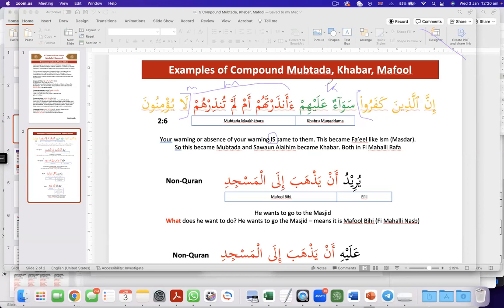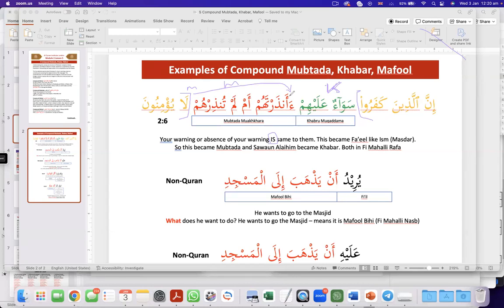This has been with you for a long time, and now you are going a little bit deeper, inshallah. Okay, the meaning is clear? Sawa'un alayhim. To them it is same. But it's only a part of the sentence, and it's a compound khabar here. What is same to them? This is the mubtada, this is the subject here: whether you want them or not want them.